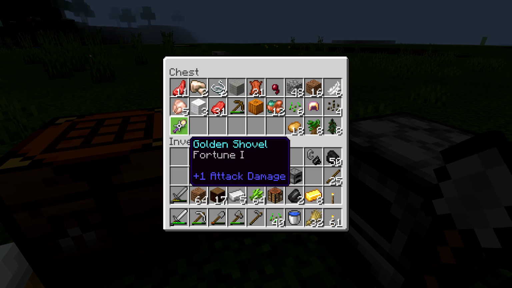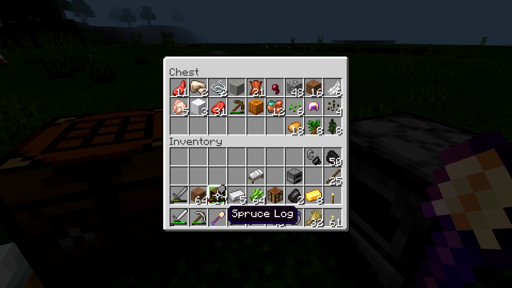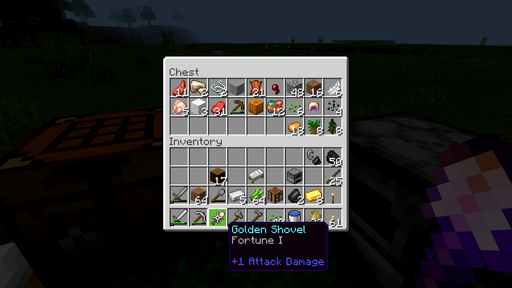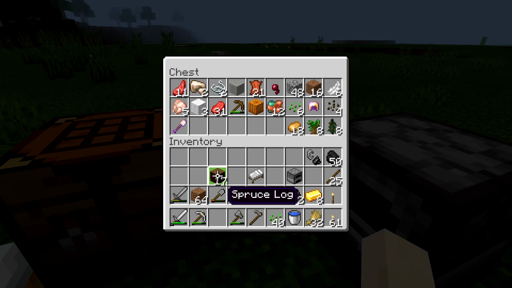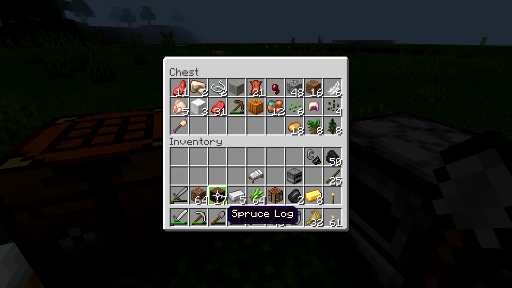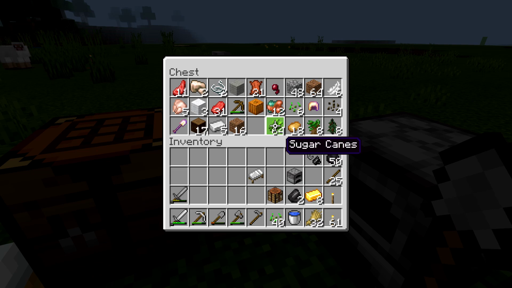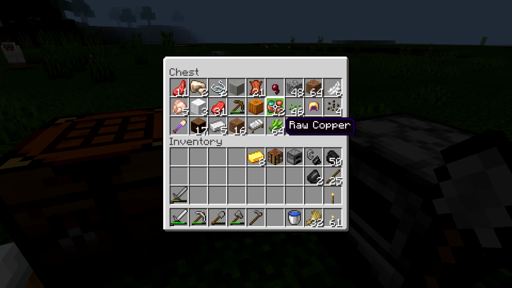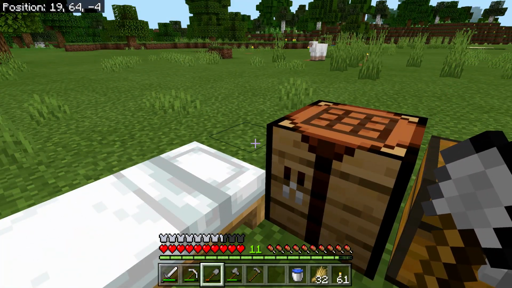Should probably use up this shovel. What's it got on it? Fortune? Yeah. I guess we could use it to harvest potatoes as we go. Okay, we've got a little extra iron. Oh, the sugar cane's important too. We want to plant that. Okay, we got our bucket. We got our seeds. We got our extra bed. Got a lot of good stuff. Don't even have room for this anywhere. Do we really need a spider eye? We're going to need, what we need